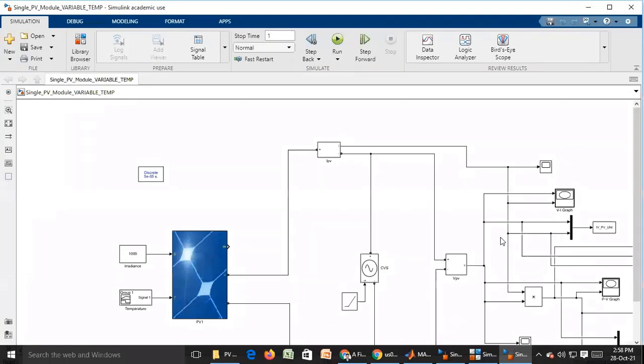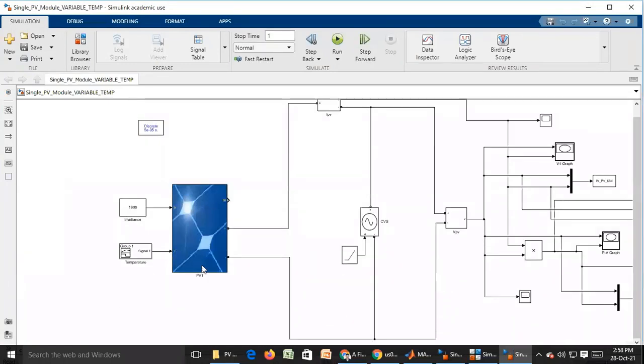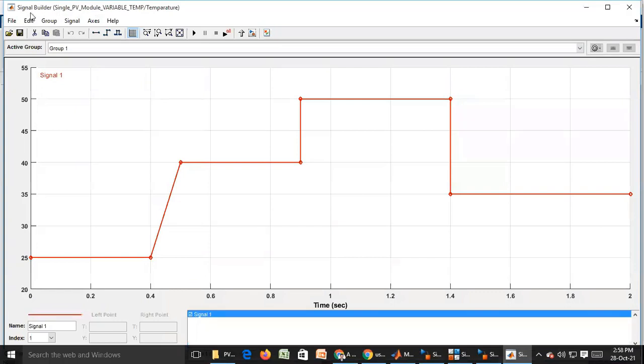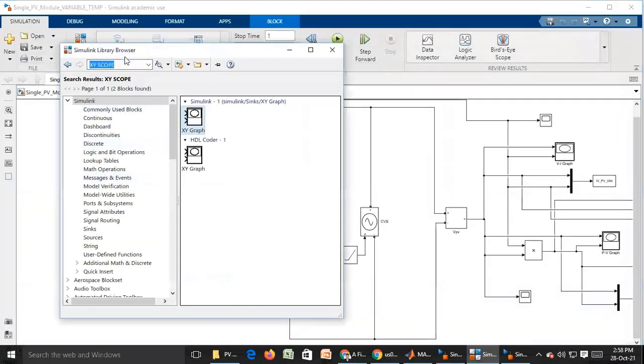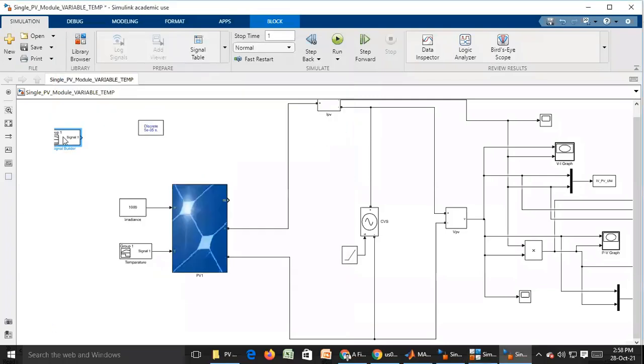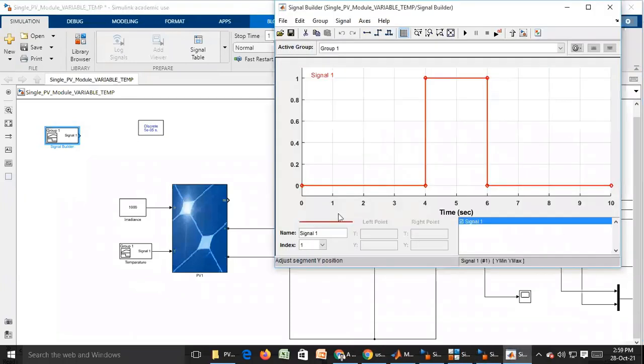How to create variable temperature? Suppose throughout the day, you may not get constant temperature. So I have considered a signal builder. The name itself is signal builder. You can type signal builder in the library and take it. Here you can decide the timing.